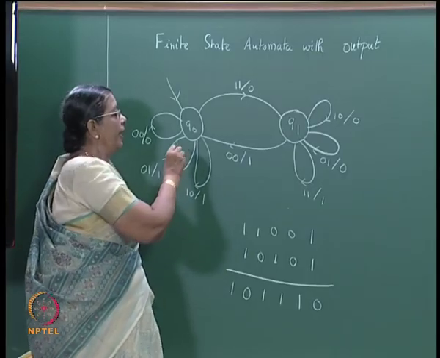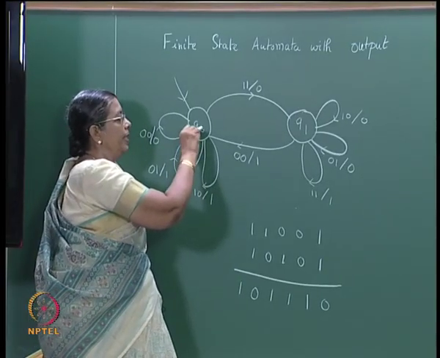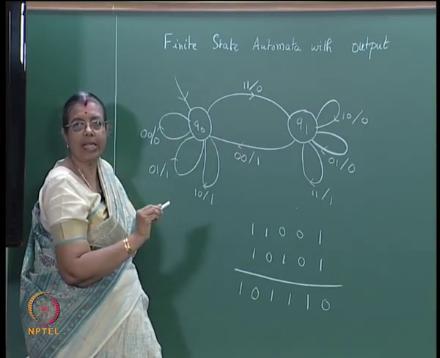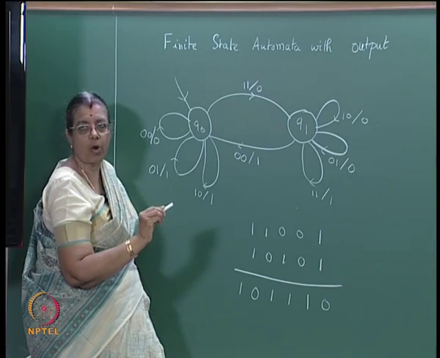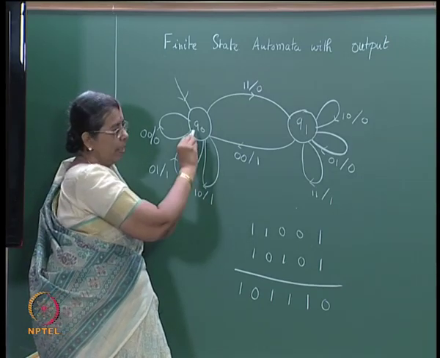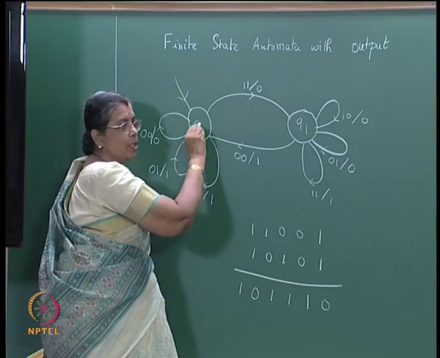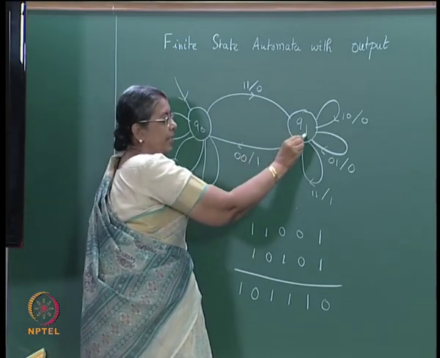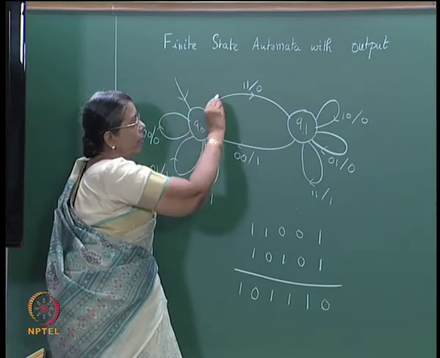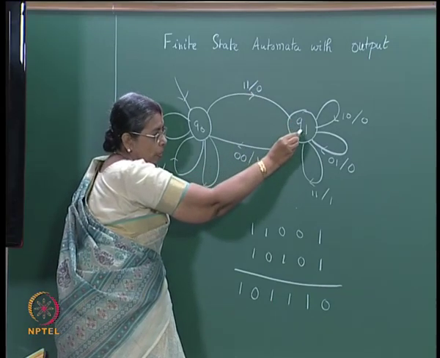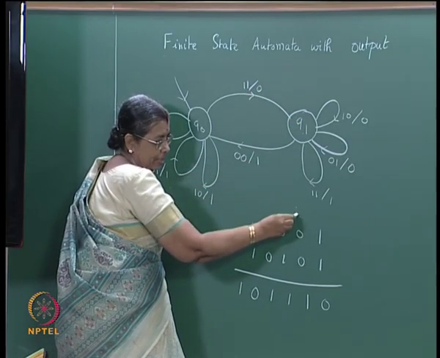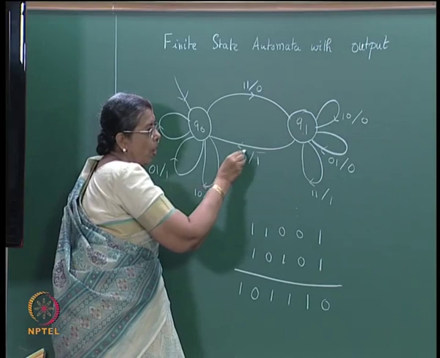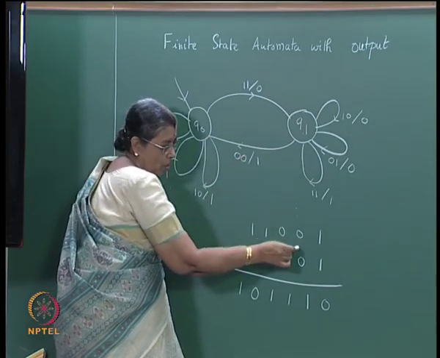So, you can see that this is the initial state with which you start. We do not mark any final state when we consider finite state automata with output. The first input is a 1 1, this corresponds to a no carry state and this corresponds to a carry state. So, when you get a 1 1, the output is a 0, but you go to the state q1 which is a carry state, that means there is a 1 here, and the next instance when you get a 0 0, you go to the no carry state, but you output a 1.